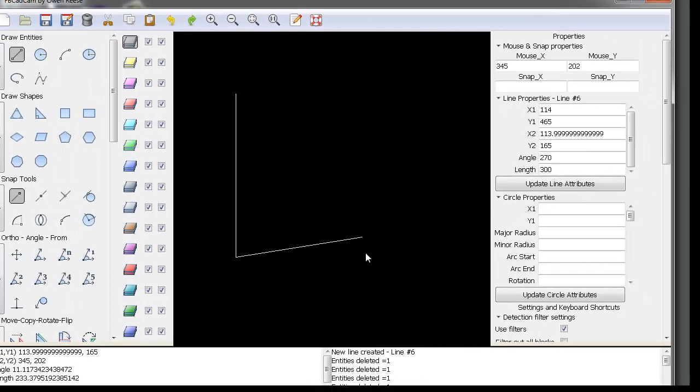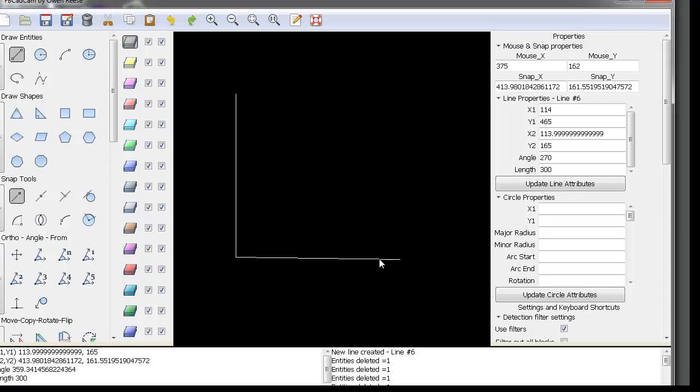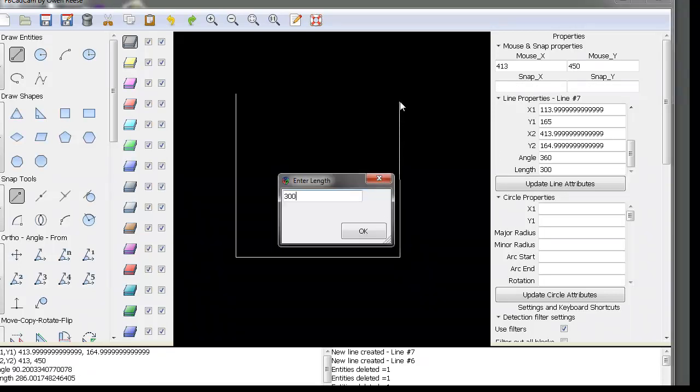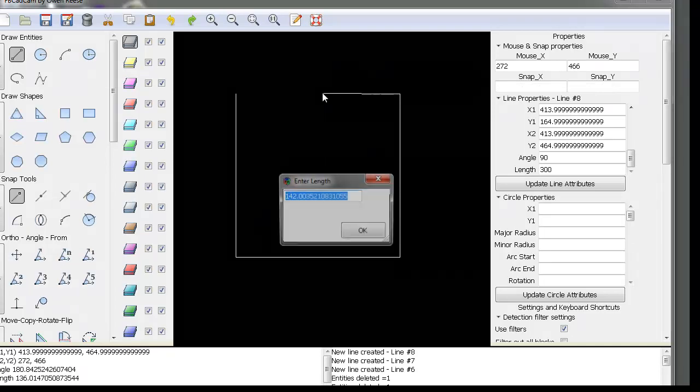If you want to continue the line and you want to change the length of it again, then press L, change it to 300 again, then press another left click to end your line, then another 300 here, then another 300 here,